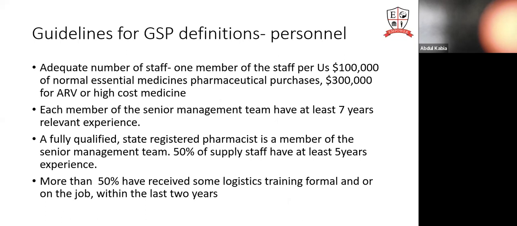Personnel should be adequate, remember, because a rule of thumb can say one staff per $100,000 on essential medicines. If you are buying ARVs, for every $300,000 you need one staff. So these are some guides which tell you how many staff we need to manage this system. If you have members of senior management, they should have experience in managing pharmaceuticals. You should have at least 7 years of relevant experience in supply chain practice, in pharmaceutical procurement,